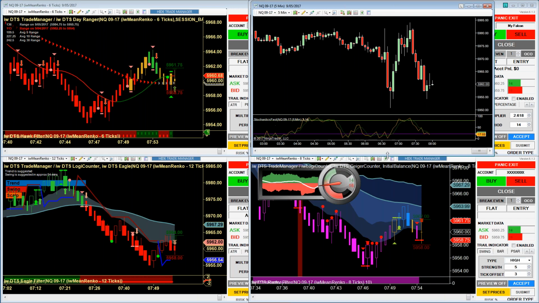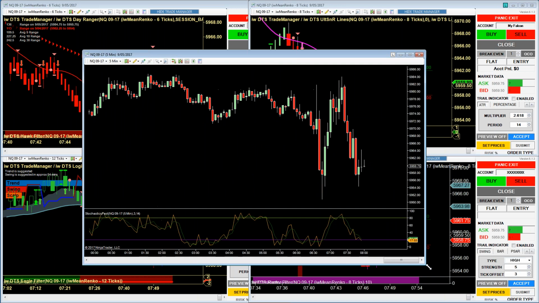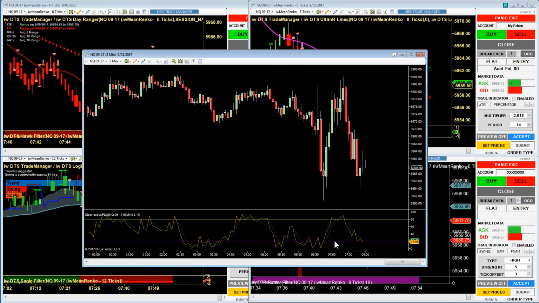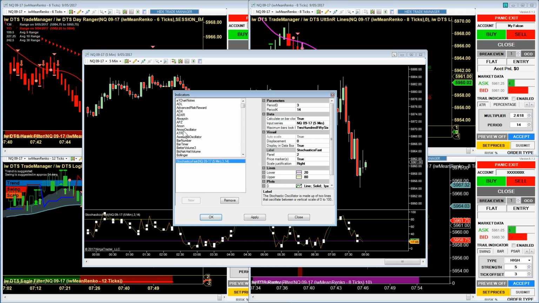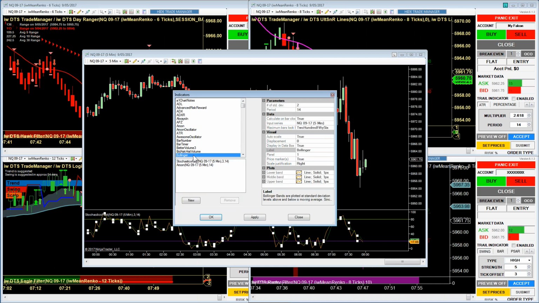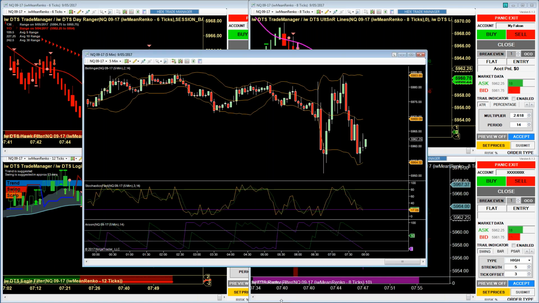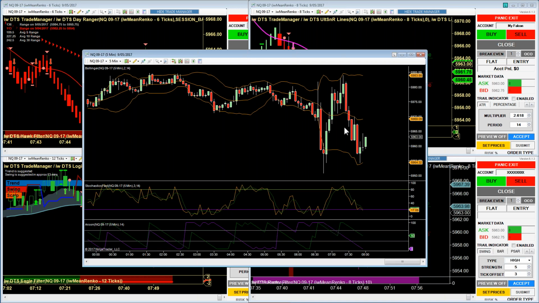The danger happens, and we've all been there, where you get so absorbed in the process of tweaking and adding indicators, because I guarantee you it won't be long. You go from here, next thing you're going to read something about the Aroon, and you're going to throw Bollingers on here, and before you know it, this is what your chart's going to start to look like. And you're going to have a heck of a time making trading decisions, analyzing all this stuff